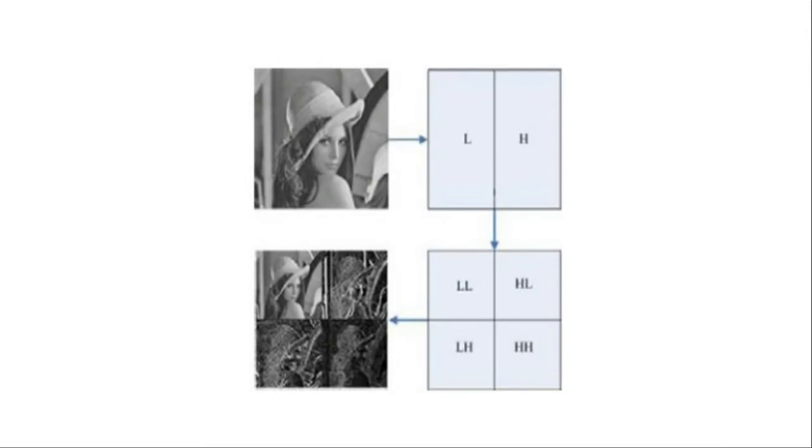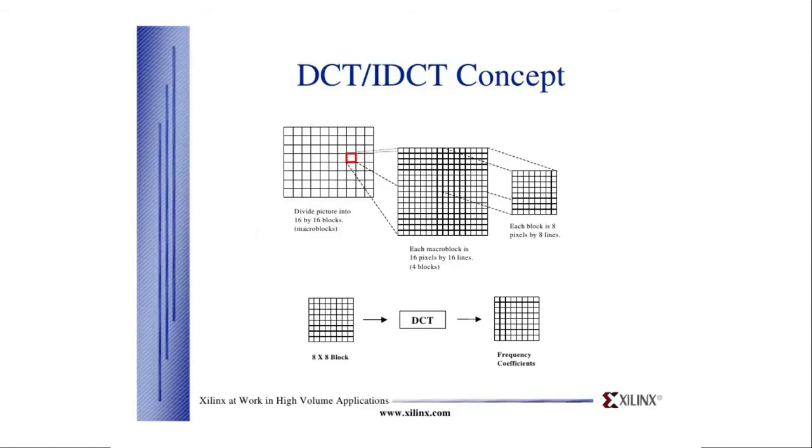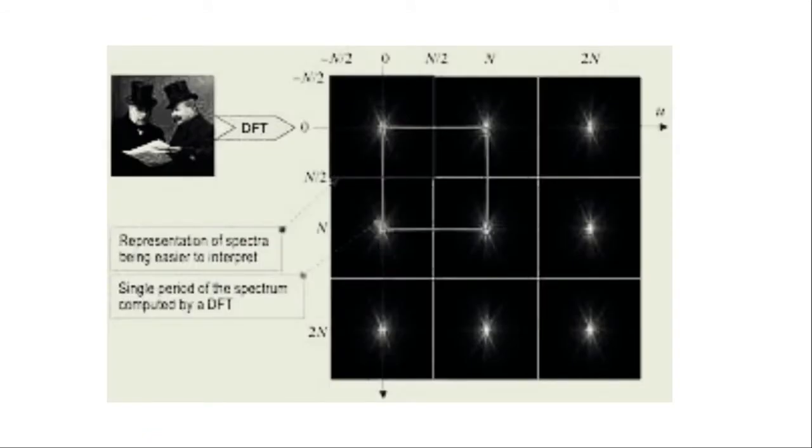Using DCT, blocks cannot be correlated at the boundaries. So basically, DCT expresses a finite sequence of data points in terms of a sum of cosine functions oscillating at different frequencies. And Fourier transform is an important image processing tool which is used to decompose an image into sine and cosine components. So we get the output in the form of an image in the frequency or Fourier domain, while the input image is the spatial domain equivalent. DCT is the heart of the international standard lossy image compression algorithm, also known as JPEG. And DFT, the discrete Fourier transform, is fully described in the spatial domain.